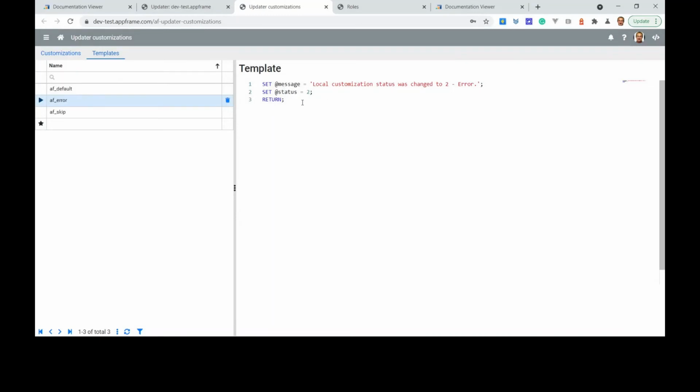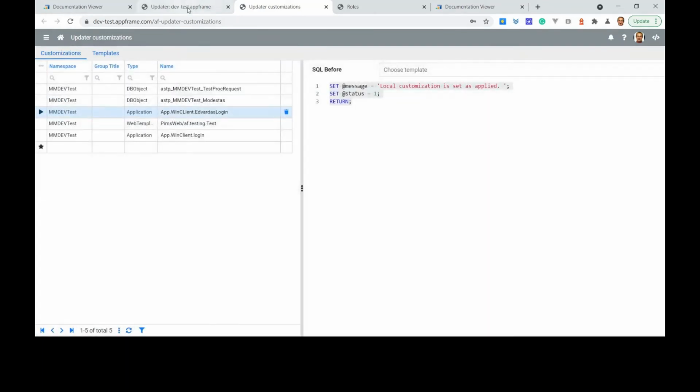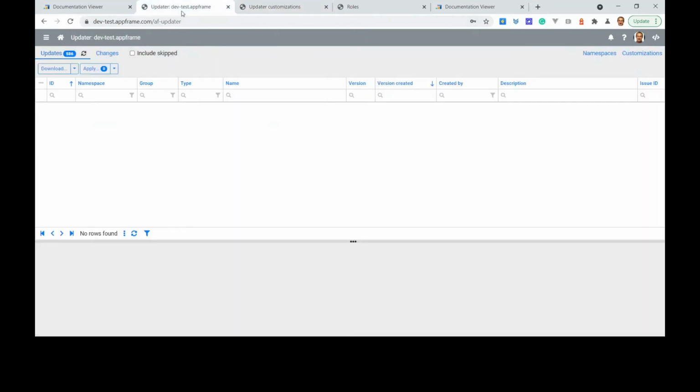So it means if your object is marked as customized, it will throw you an error. It will show you this message and will set status to 2. Those who are already familiar with the applying updates logic should not have a problem understanding this. Another thing from customizations: so if I have some object, for instance, Win client login, and